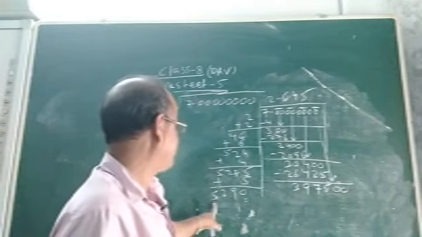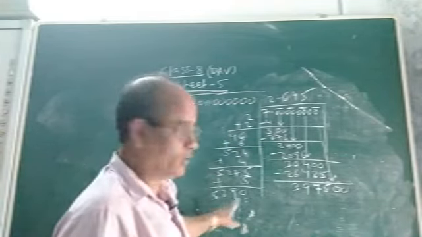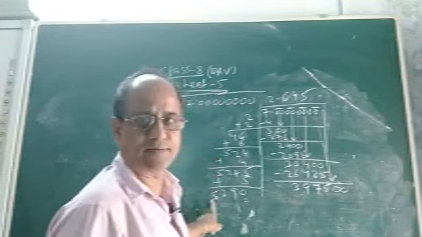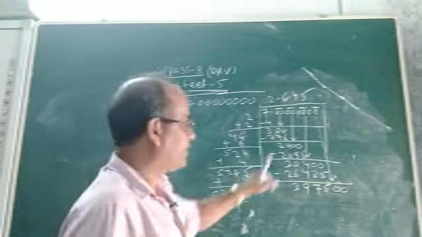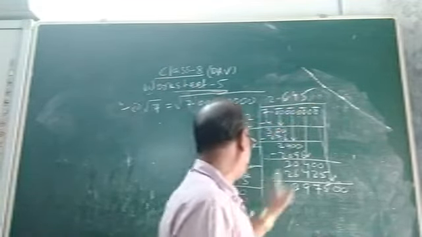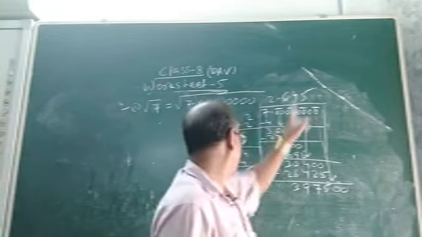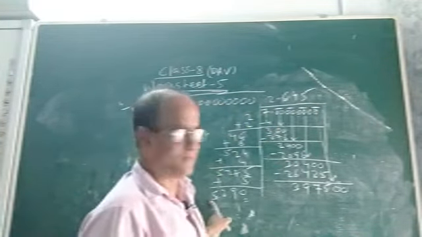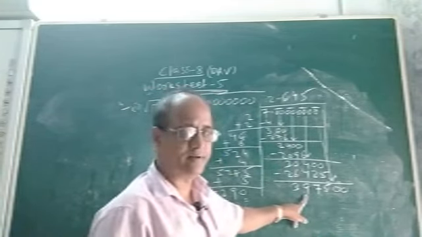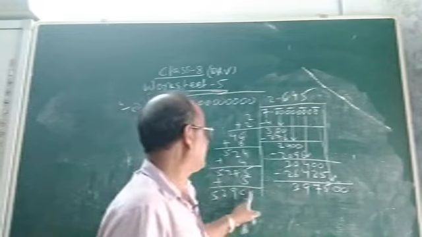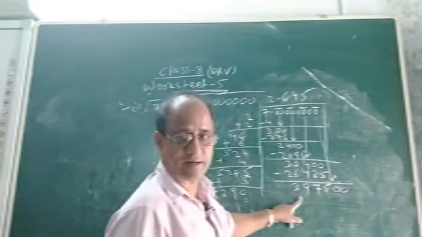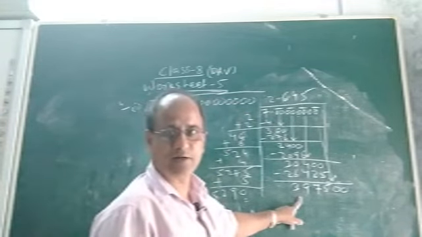Now, see children, what to put now? Look at the last two digits, it is 39. What is the thousand place? 5. So you see, if we put there 9, suppose I will put here 9 and here 9. If I put here 9, 9 into 5 will be 45 and it will be greater than 39. So we cannot put 9. Let us try with 8. See, if we put here 8 and 8 here, 8 into 5 is again 40. 40 is greater than 39. So we cannot put 8 also.